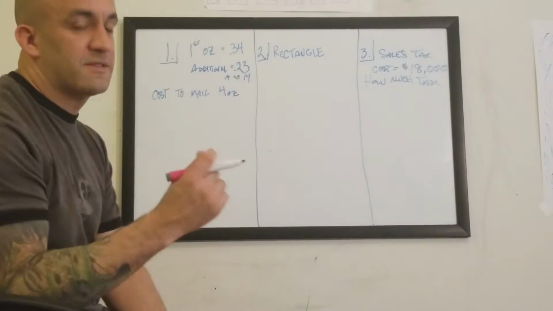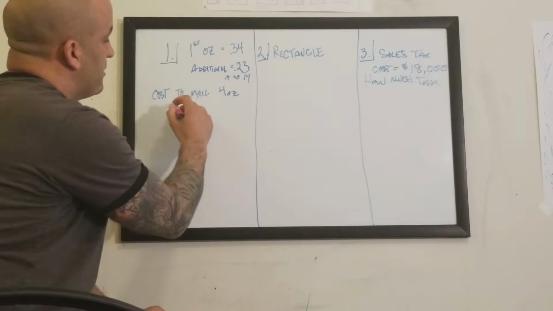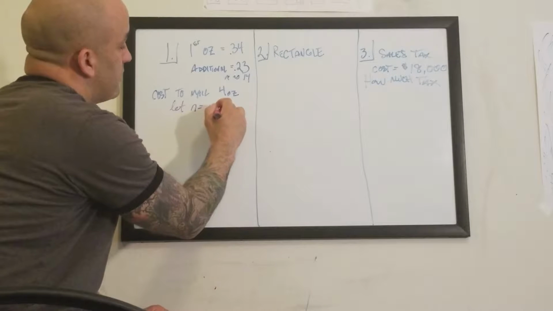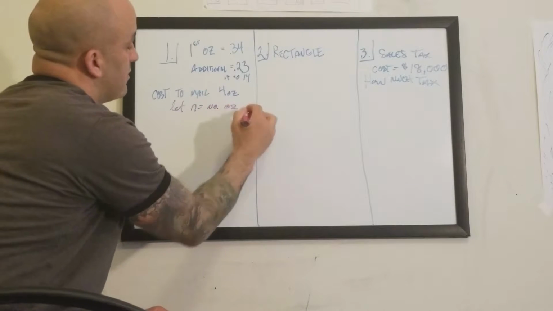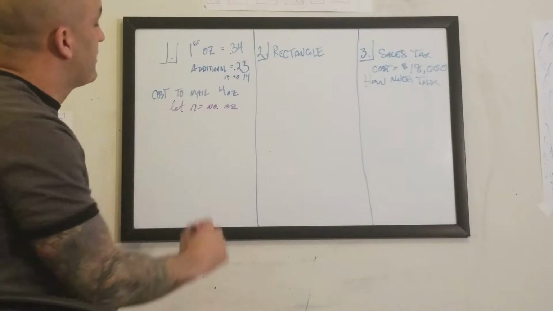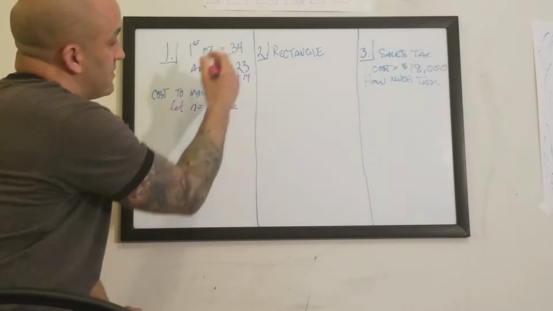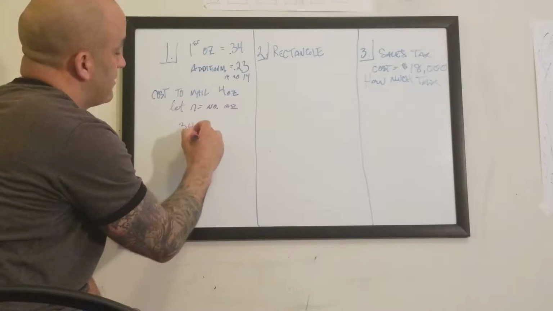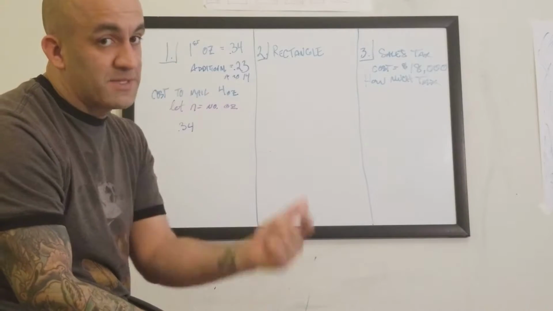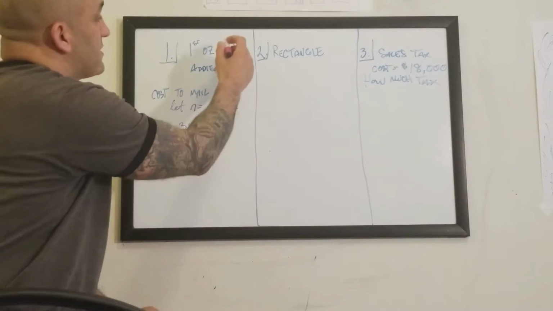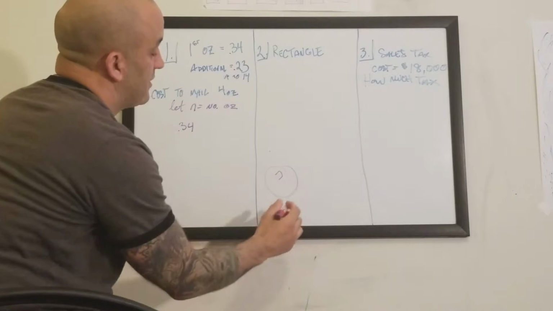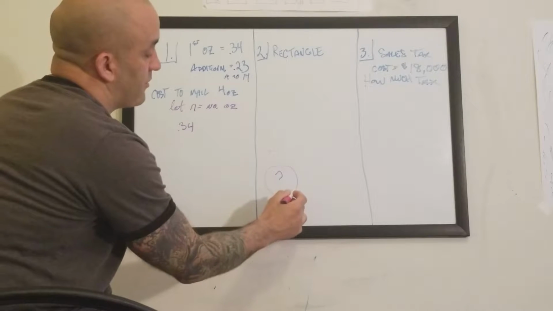So first thing I want you to get in the habit of thinking, right? We want to let N equal the number of ounces, right? If we've got 1 ounce here, we know that 1 ounce is going to be 34 cents. Now the additional ounces are going to be, think about it like this, if this is N, and our first ounce, if we take 1 ounce out,